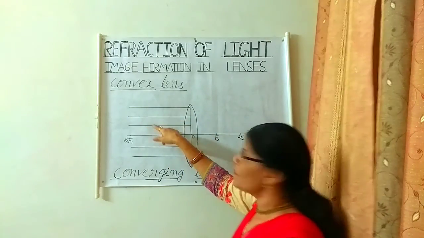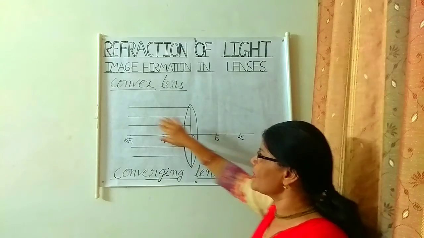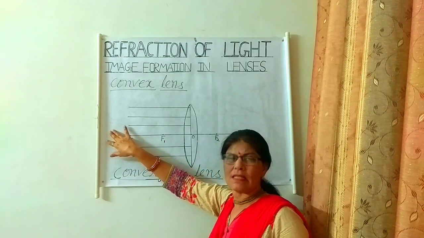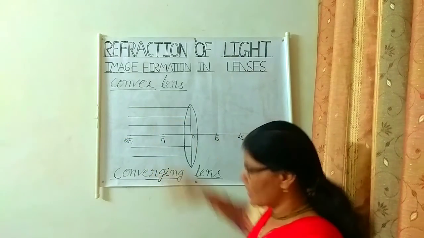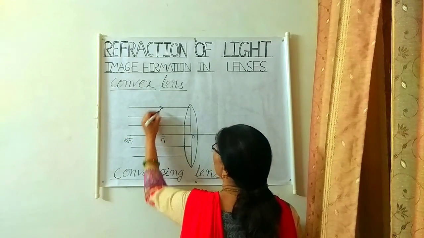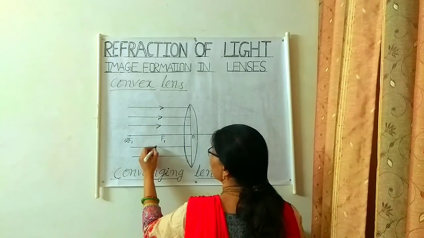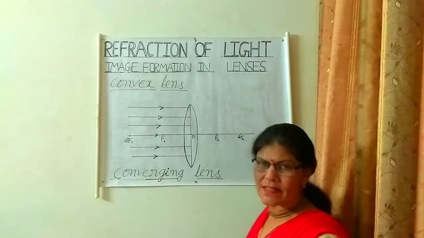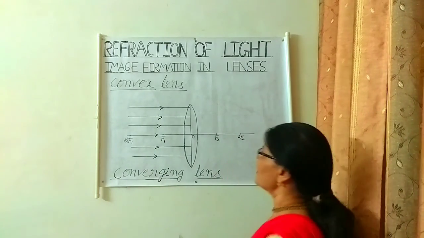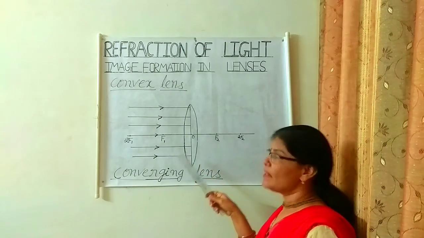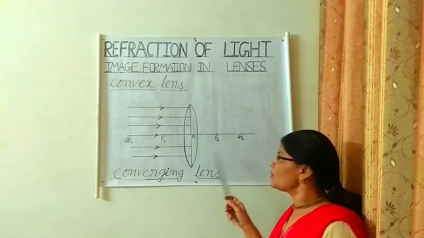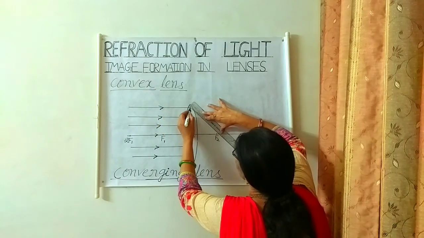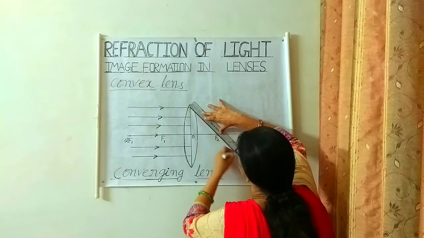So when a parallel beam of light is incident on the convex lens from the sun, our source is at infinity, which we are considering as the sun. So a parallel beam of light is incident on the convex lens. The arrow should be in this direction because all these are parallel beams of light. Then all these parallel rays, according to the first rule, will pass through the principal focus. So this is the first incident ray and it will pass through the principal focus like this.